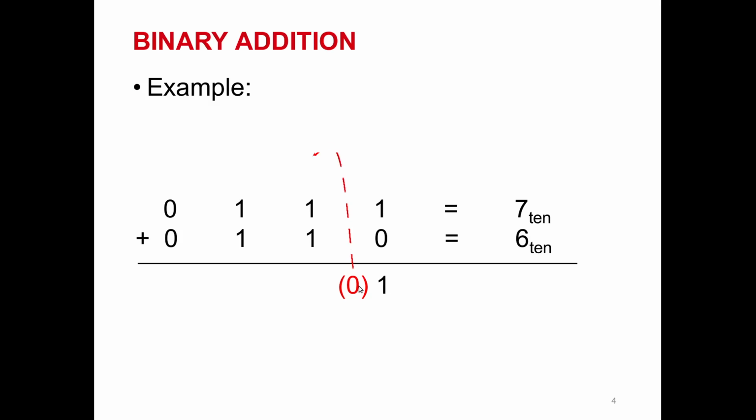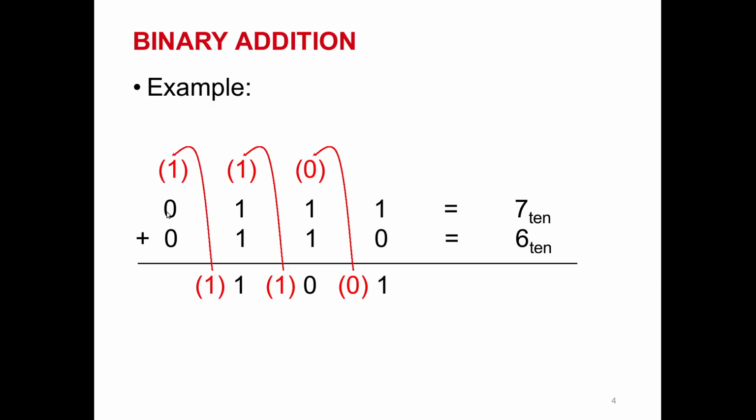This 0 will be taken here. It is 0 plus 1, so the result is 0 here, and you remember 1. This 1 will be taken here, and so you have three 1 bits adding together. You have the result of 1 here and remember 1. And this final 1 will be added together with these two 0s, and so you have 1 here and the carry out will be 0 here.